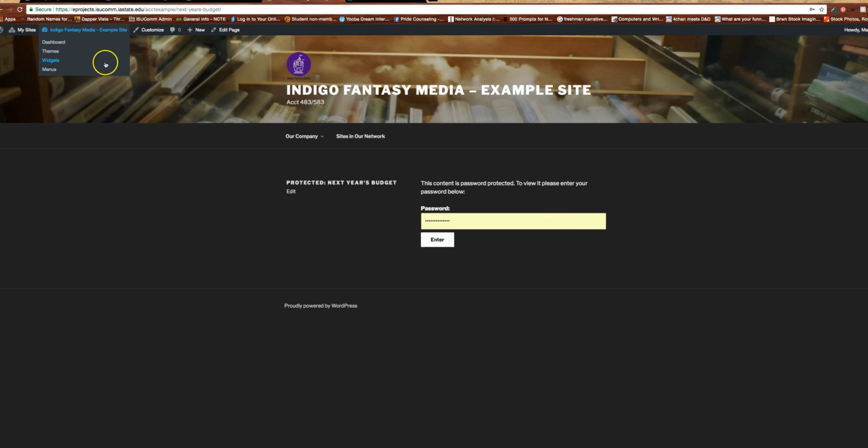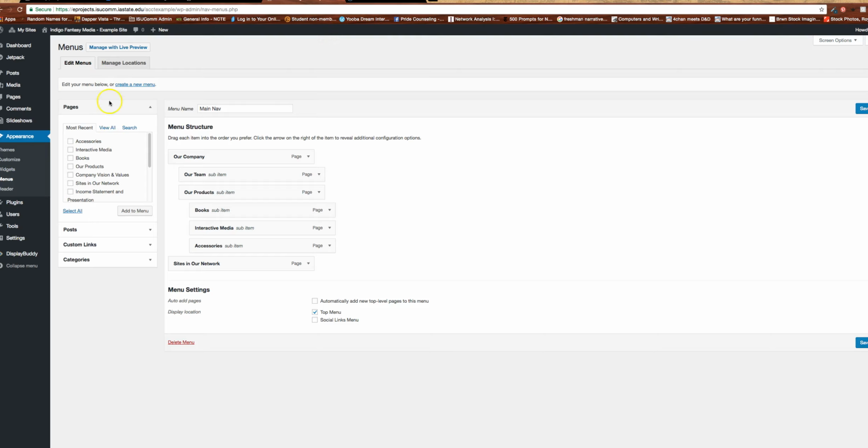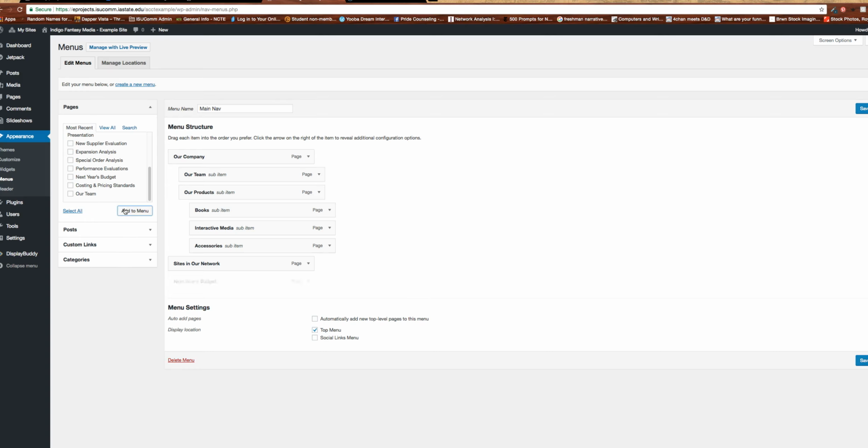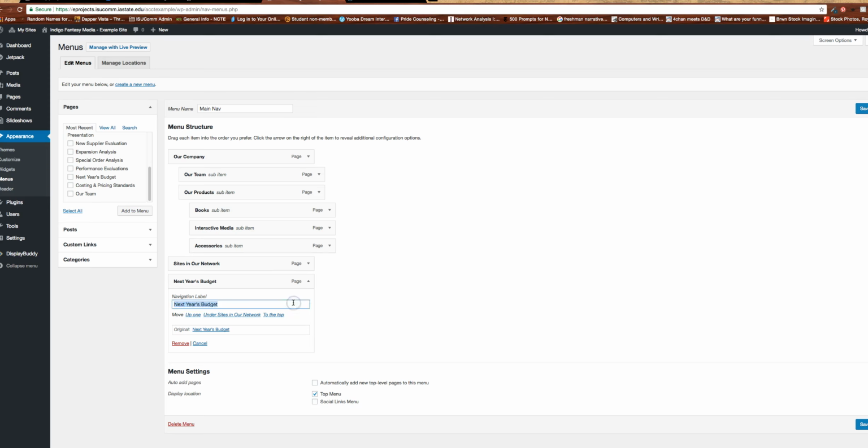So now, to make sure that it's on our menu, we want to go to menus up here. And over here on the side menu, we've got budget. Whenever you add a new page, you just click that, add to menu. And you can put it somewhere that makes sense. So right now, our company is about the team and the products they sell. So maybe it doesn't necessarily make sense to have it under our company. Maybe you want to rename this